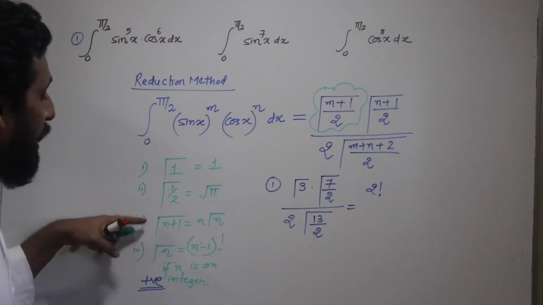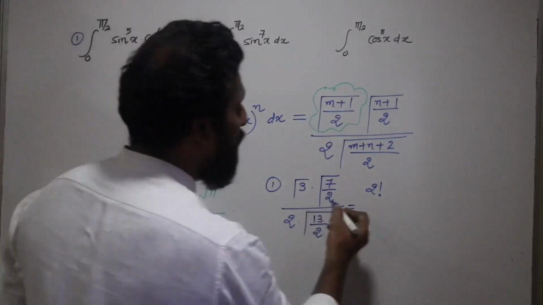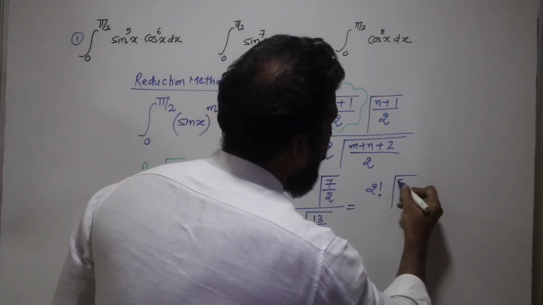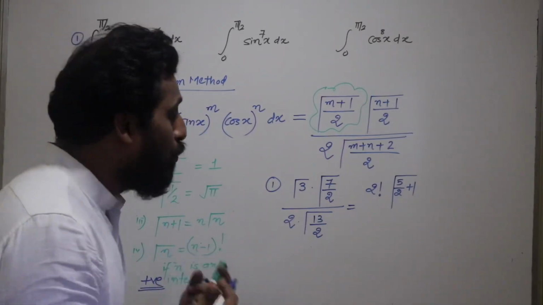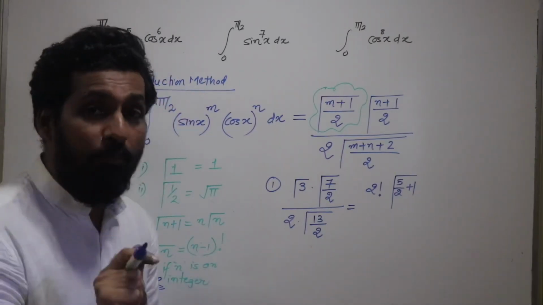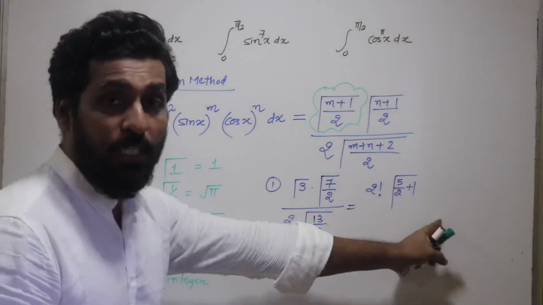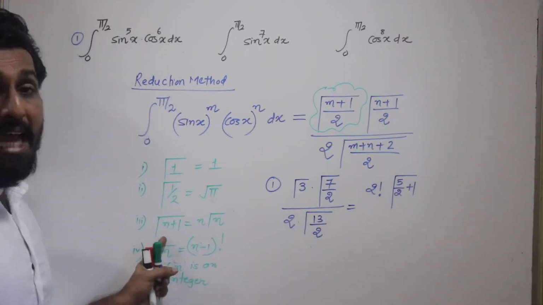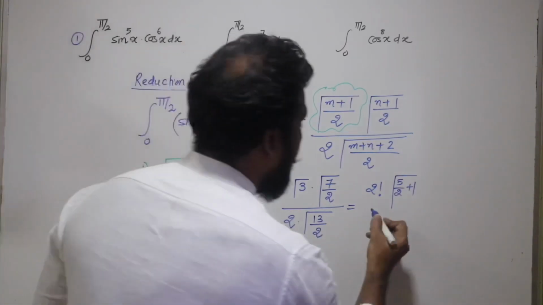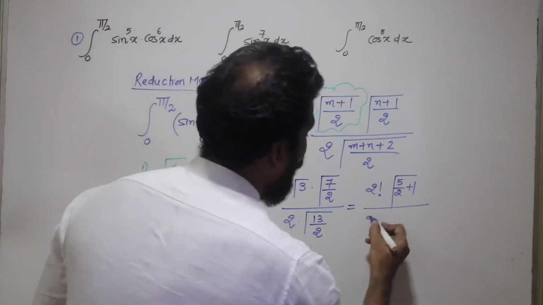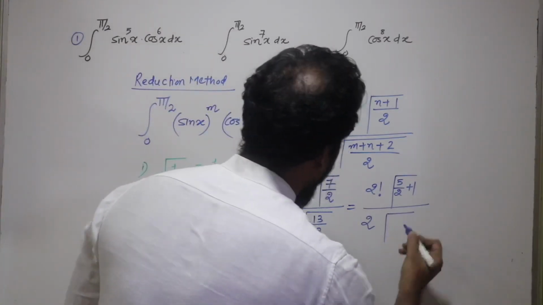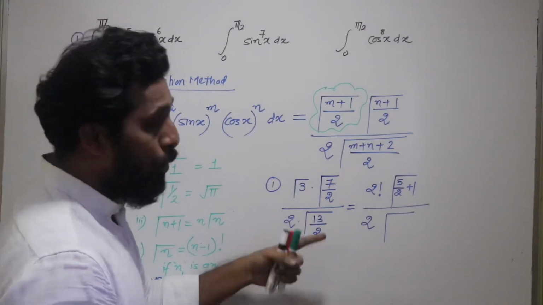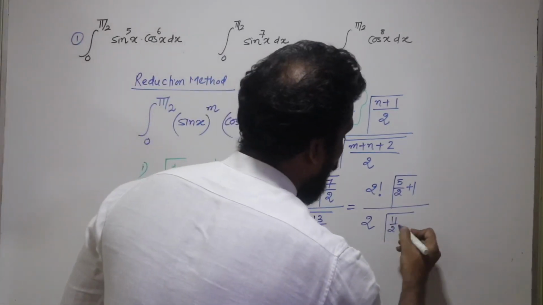But I can make use of the previous formula where I've written gamma of n plus 1. That means gamma 7 by 2 can be written as gamma of 5 by 2 plus 1. Did you observe the change? Did you observe the simplification? 7 by 2 can be written as 5 by 2 plus 1, which now resembles gamma of n plus 1, whole divided by 2, and then there is gamma 13 upon 2, which can be written as gamma of 11 by 2 plus 1.